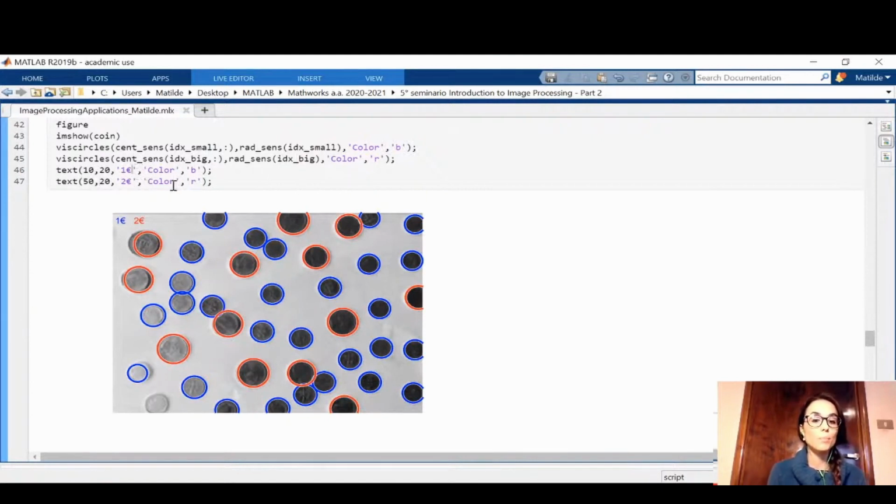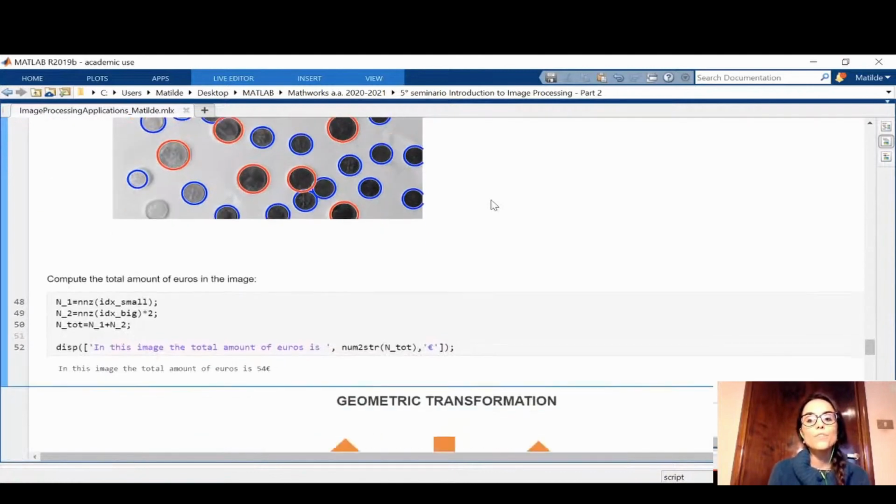After, as third input, we will consider the text that we want to display, so 1 euro and 2 euros, and after, as the fourth input, we can use the color, we can specify the color blue for 1 euro and red for 2 euros. We can go on, and